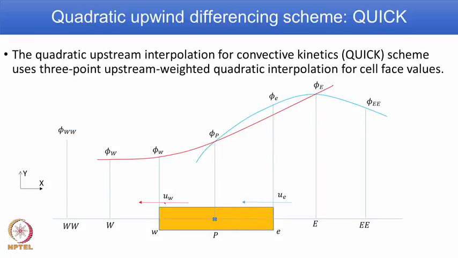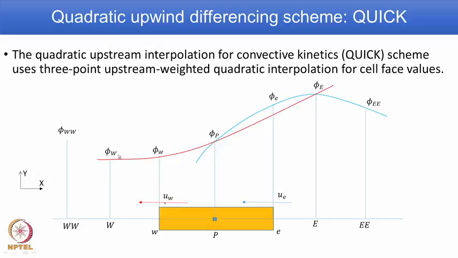Let us also have another description. So, here is an example. In this figure, again P is the node of interest, a control volume is constructed around the node of interest, and the coordinate definition is also given as x y as shown here. If you are interested to find out u on this face, that is the west face, which is shown here in red color,